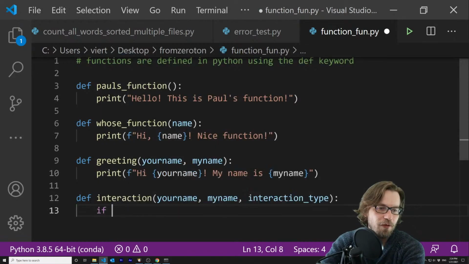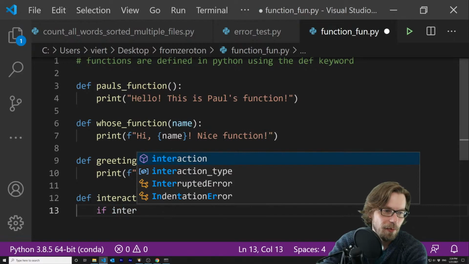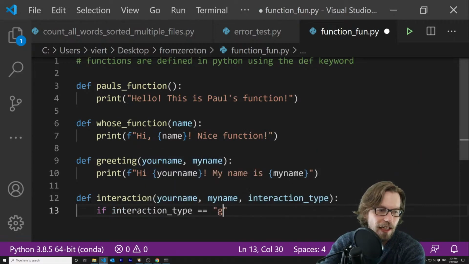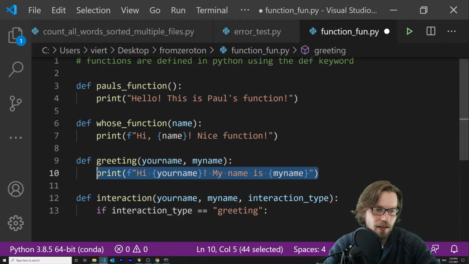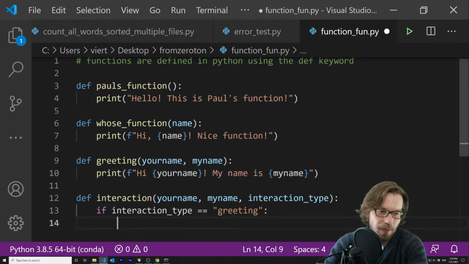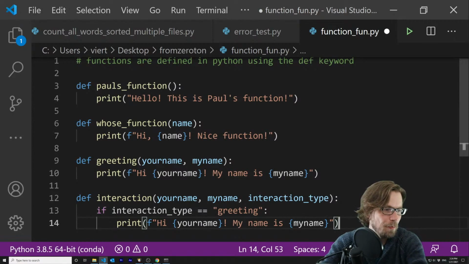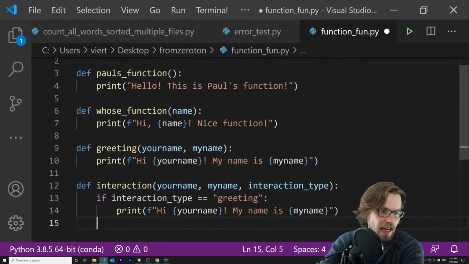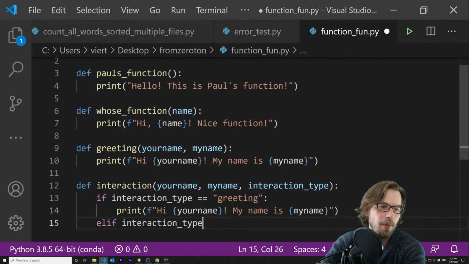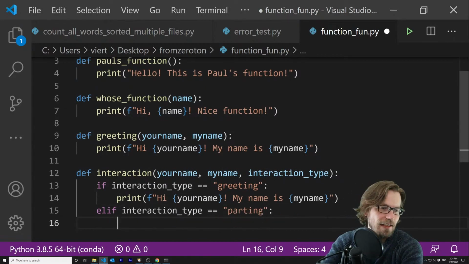Now I can say if interaction type is a greeting, then I can just copy this. But if it is, elif, interaction type is a parting, I can say print